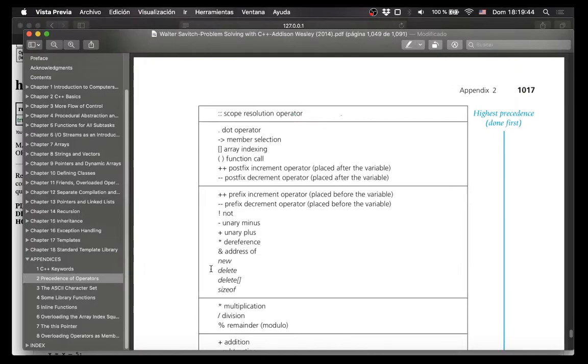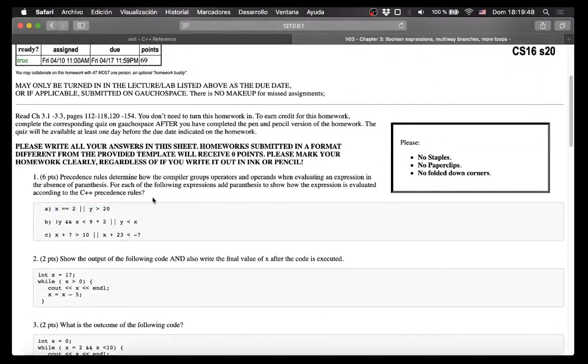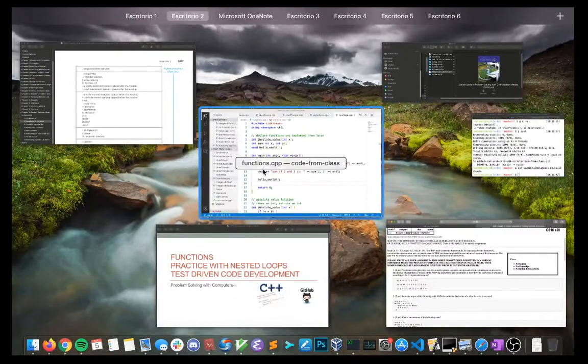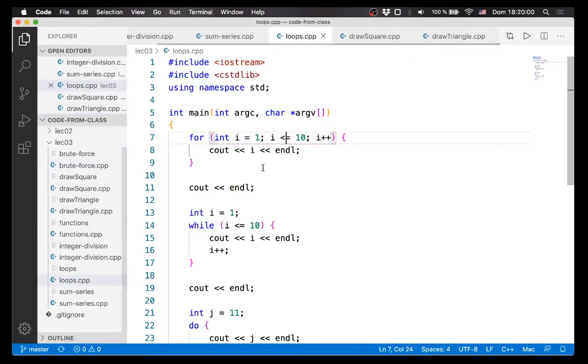It will be on the midterm, so please study this and do your homework on it. Hopefully it'll make sense after you do your homework as well. And yeah, so we've talked about the midterm. Let us now continue. Let's go to the slides for today, and let me get rid of all of this